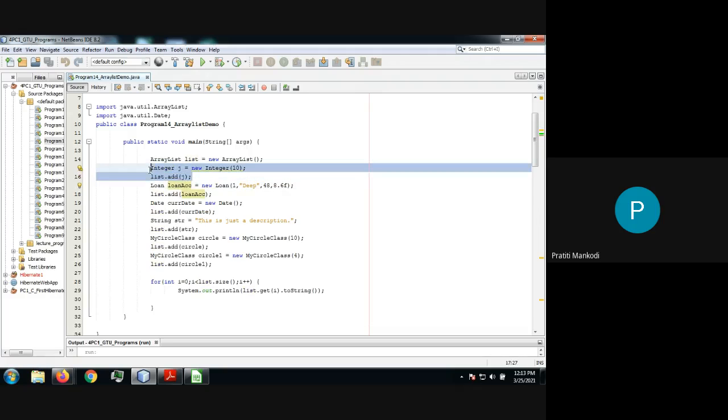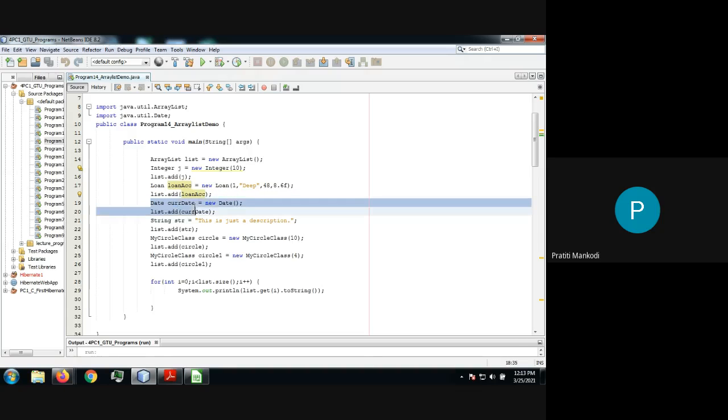Right. This was not in the example, but let's do this also. Then we created a Loan object and then we added it. Can you see? This is just as simple as calling a function, and that's it. Your object has been added to my list. Okay. So Loan added, then I created the object of Date.